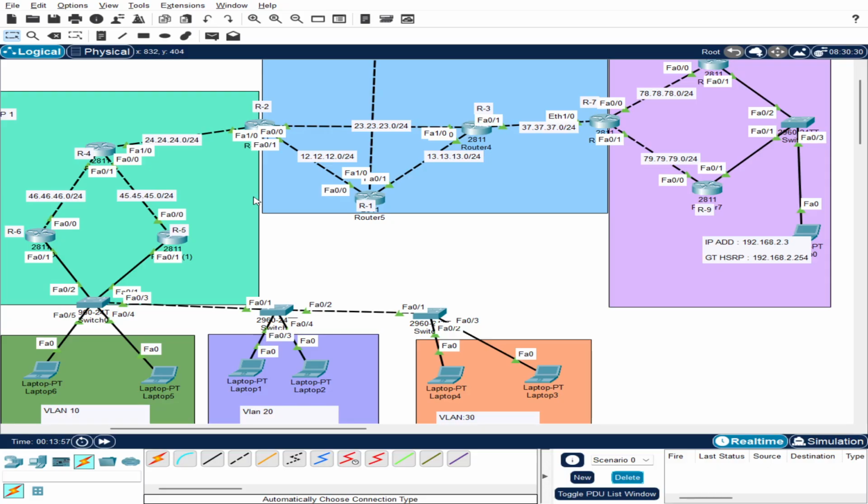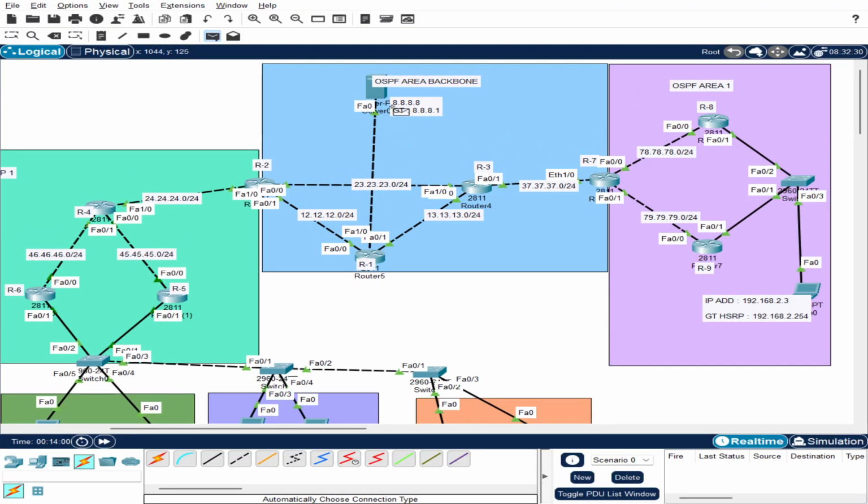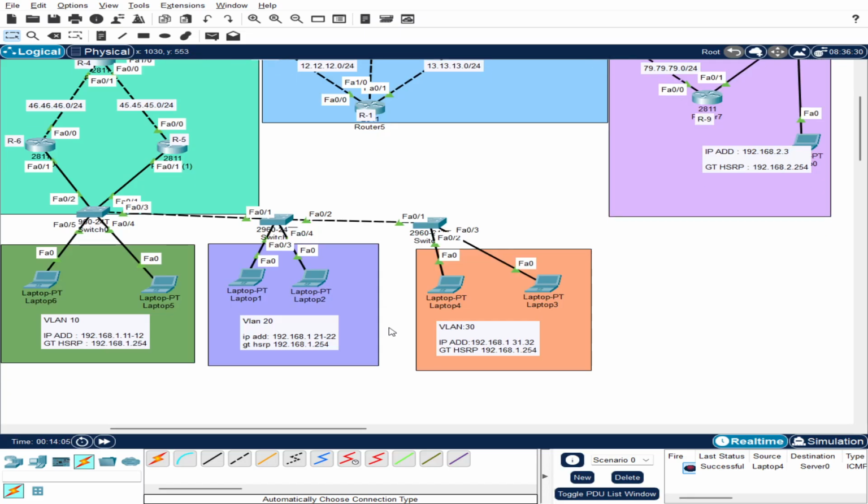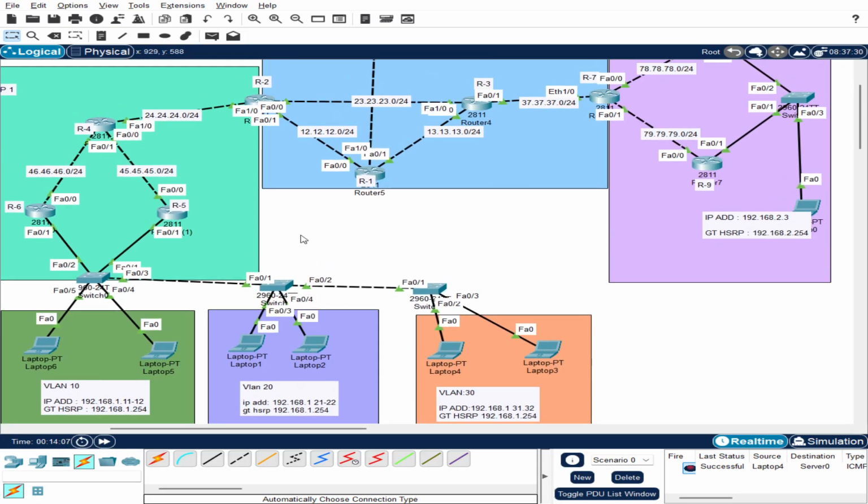But how is it that when I ping from this laptop to the server or to another laptop, it can be successful? It's because I use NAT. You can see 45.45.45 is a public IP, and 192.168.1.11 is a private IP.